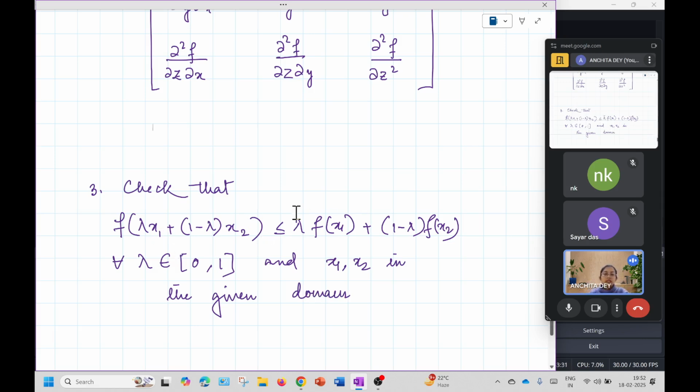We'll just check the simple condition, or the definition of convexity, is basically that you test the definition